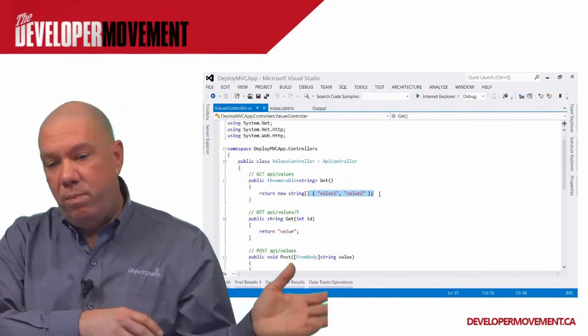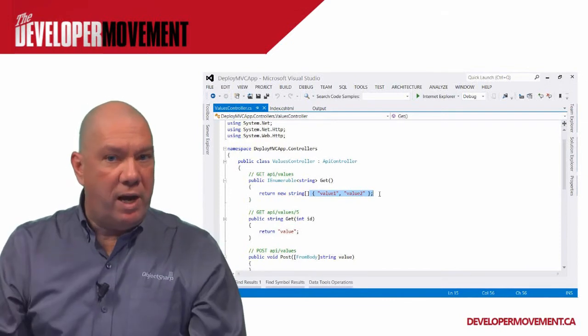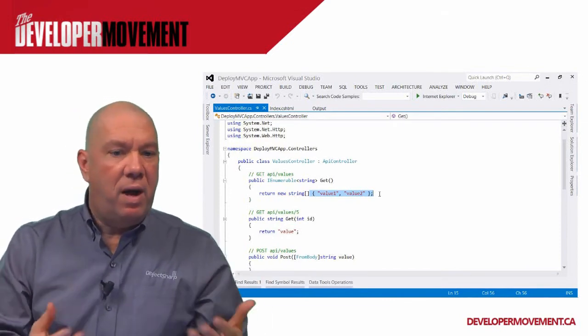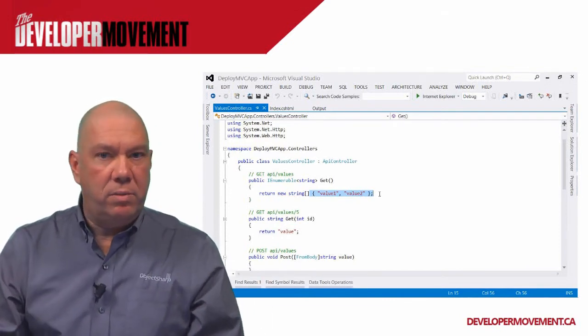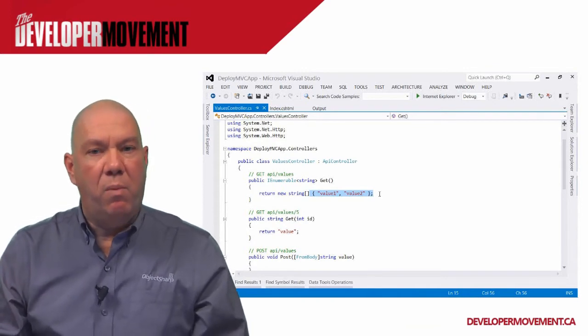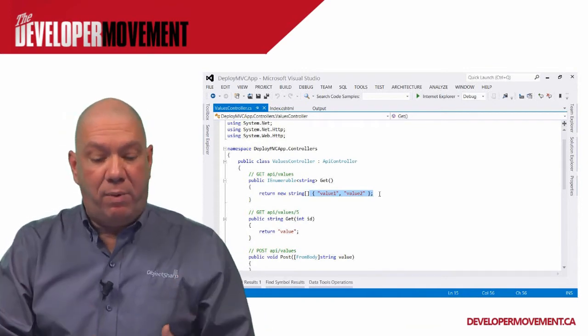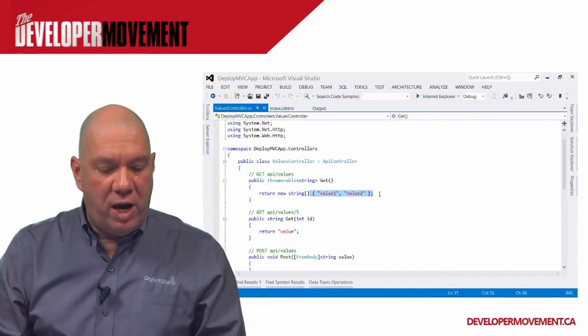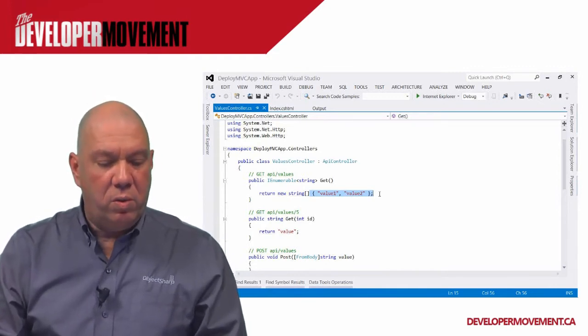Okay, so it's created the site. We published it up to Azure Web Sites. We actually have a live site that we're all ready to use. It is literally that simple. There's not a lot more to it than that in terms of actually being able to publish and get your functionality pushed out to